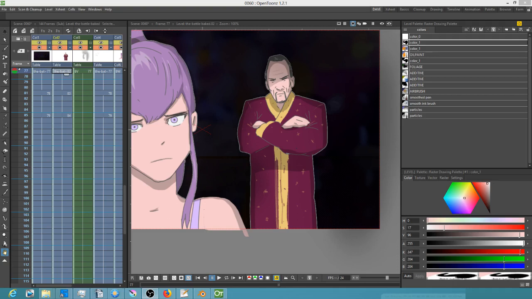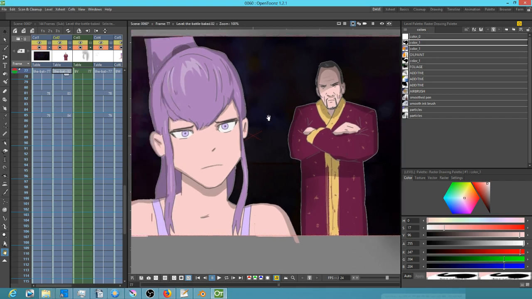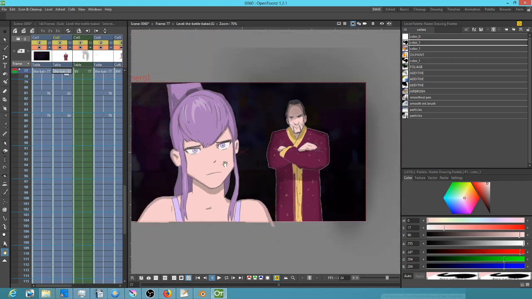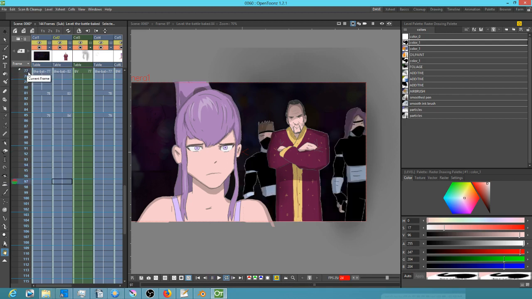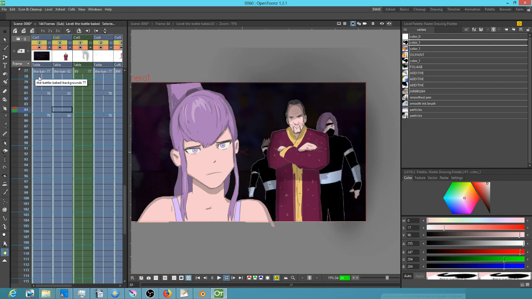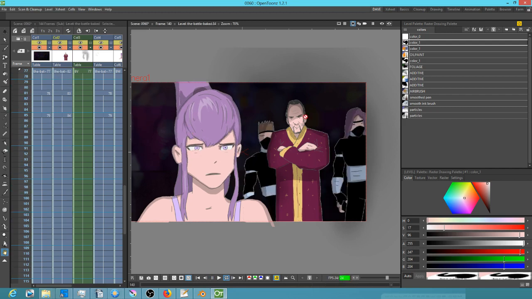Okay, so today I'm going to be touching up this shot here, which was originally done in OpenToonz, so I've brought it up in OpenToonz. Basically, the characterization and rendering of Akari was pretty good in this shot, so I didn't really see a need to redo that. The problem I have is that the bad guys in the background are not really